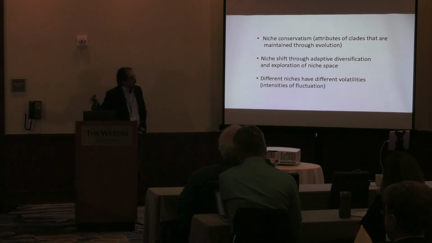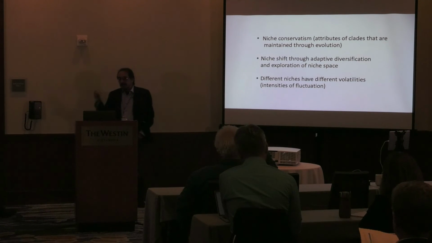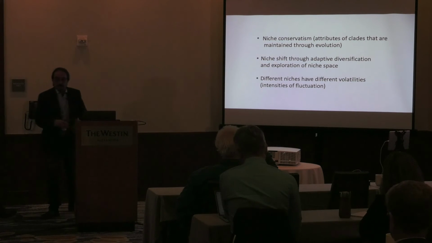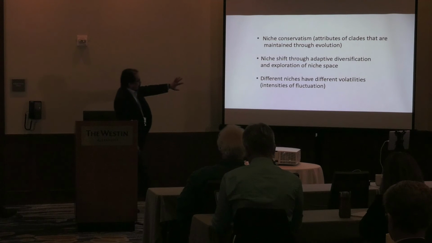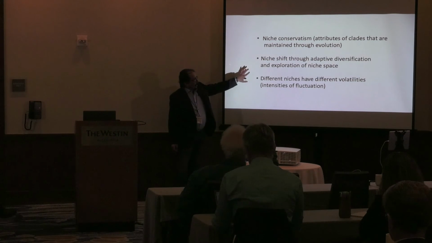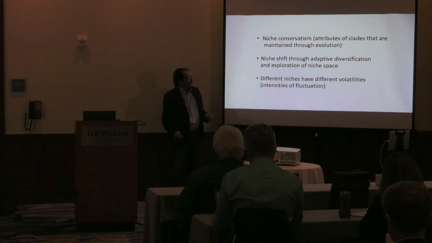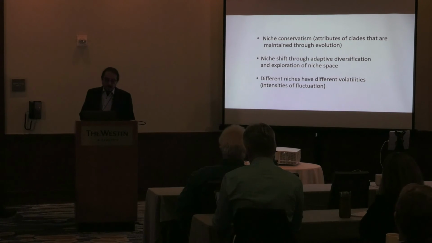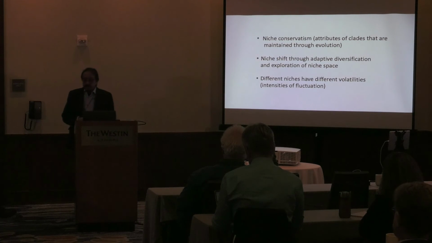If we assume, for example, niche conservatism, which is the tendency for entities to preserve their adaptation to the niche, if we also claim that there are some niche shifts which are associated with adaptive diversification, and we also allow for different niches or spaces in this adaptive landscape to have different volatilities in terms of the intensity of fluctuation,